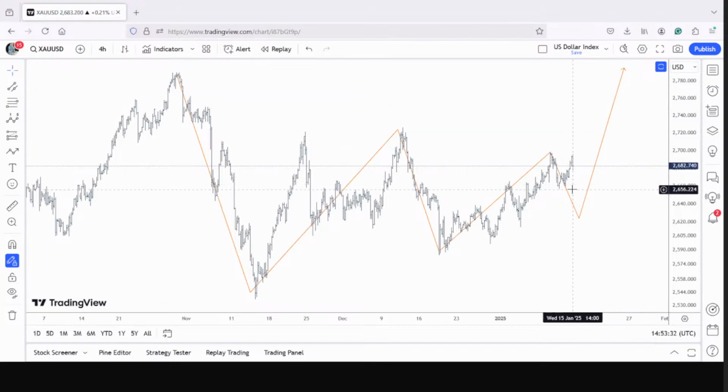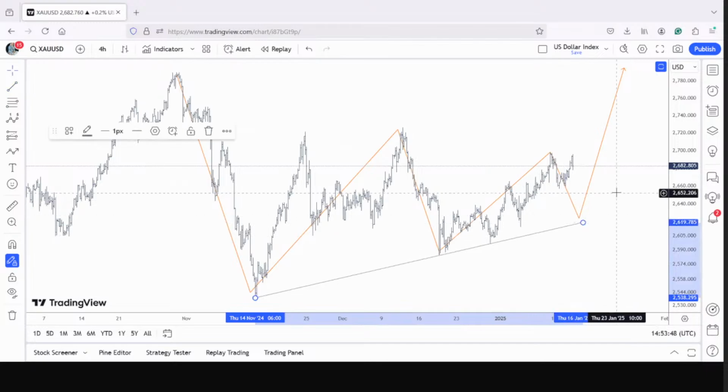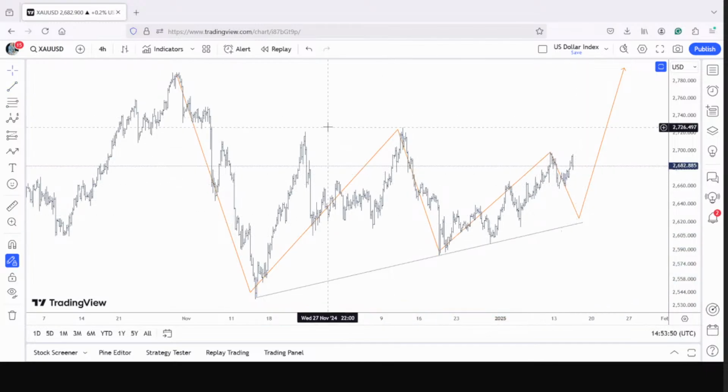But if it breaks below that particular trend line of the triangle, then we will have to reconsider options. Maybe minor wave 4 is setting up to drop lower towards the 2500 mark. All right, but we will stick to our trade plan here. It's a good place to re-enter on the short side if you have still not taken it right now.